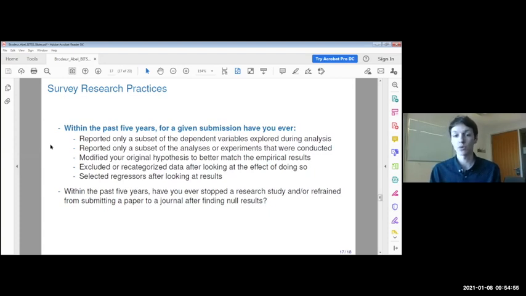And one additional question that we're thinking of asking is, within the past 5 years, have you ever stopped a research study or refrained from submitting a paper to a journal after finding null results? That question is really what we're deeply interested in, because we want to know what's happening prior to submitting to JHR. And if we find that there are a lot of people doing this, then the problem is this: people have a strong belief that editors and reviewers love statistical significance. But it seems that overall, there's not that much going on. I mean, statistical significance, even borderline, seems to make you more likely to be desk rejected.